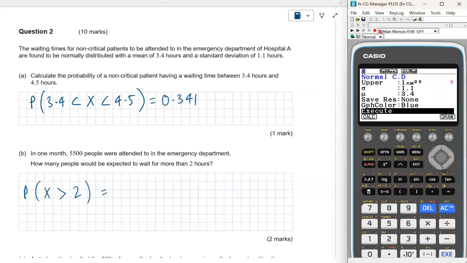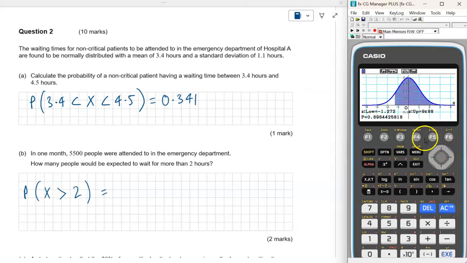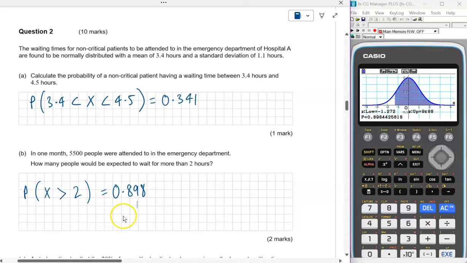and then we just go down and again draw that, and you can see there's 2 hours as the lower boundary, and the probability that someone's going to wait more than 2 hours is 0.898 or 89.8% of those patients will be waiting more than 2 hours. So how many exactly is it? Because that's what the question asks, how many people? So we use that probability now,